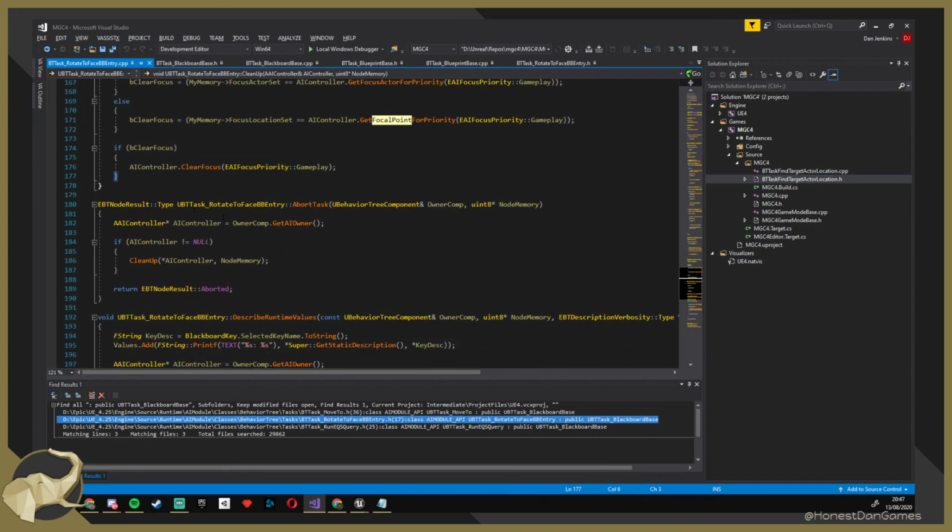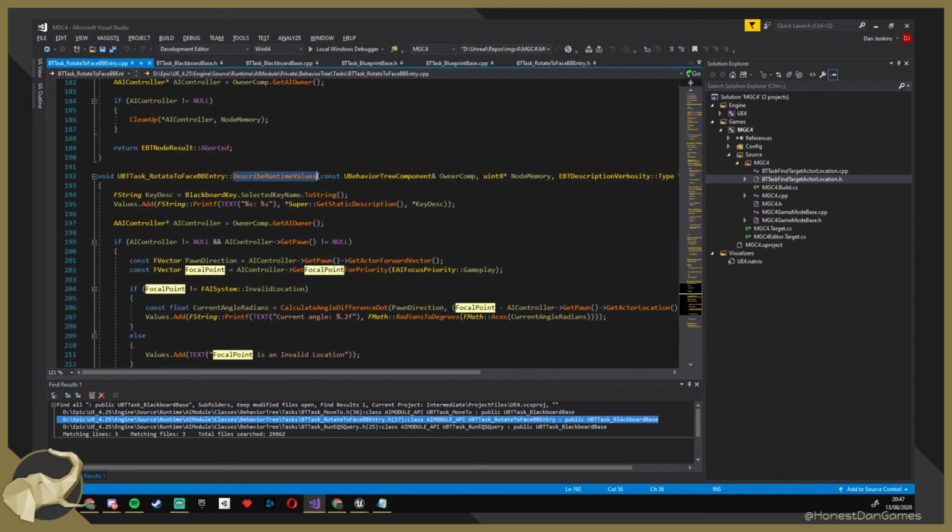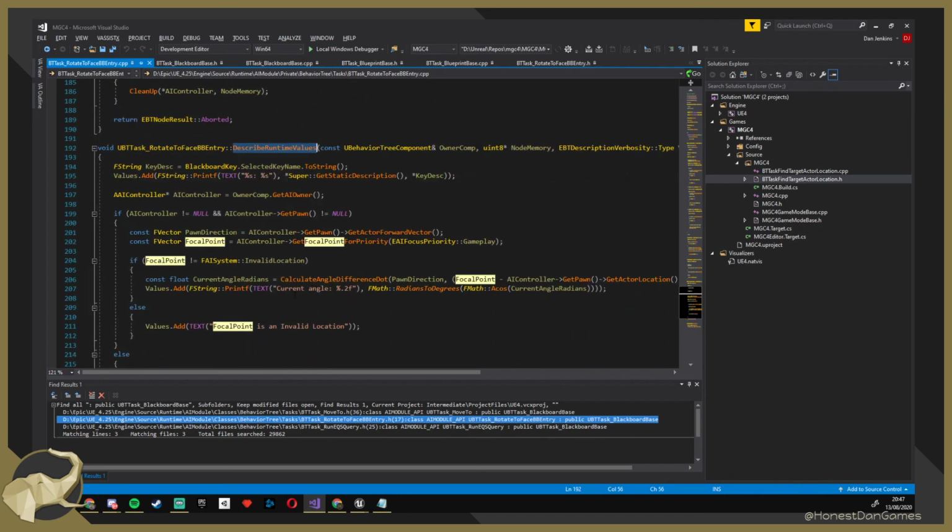Abort task. I don't know how abort task gets called, but that could be the interruptions, right? I guess. Those notification things, right? Okay, so here we just clear up and we'll return that. That's fine. Describe runtime values. I think you have to implement this. It's a virtual, pure virtual perhaps,